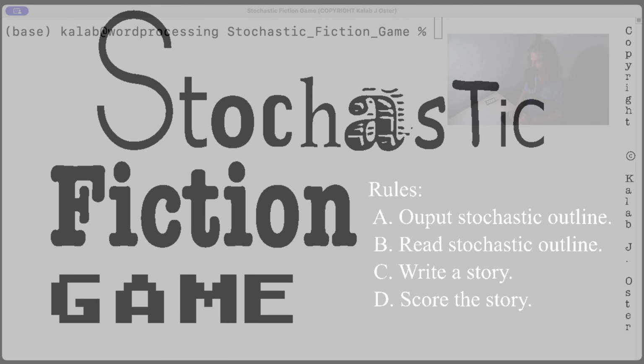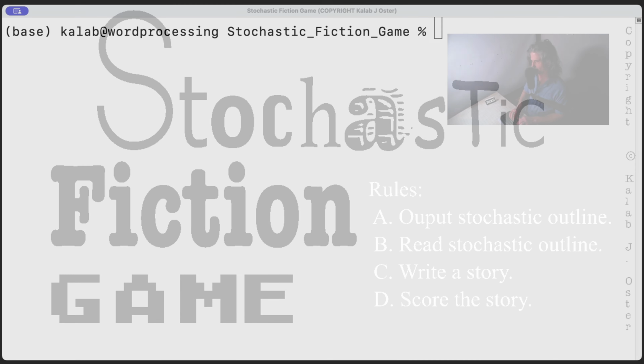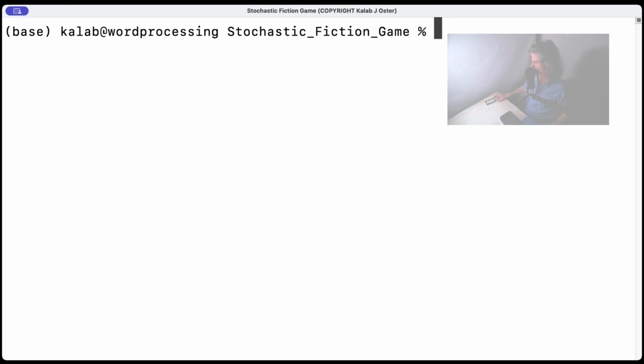It is time for the Stochastic Fiction game. This is a 2-hour writing game starting right now as I press this timer. I'm going to begin the game by creating the actual stochastic fiction outline by executing this script right here. This will output a file